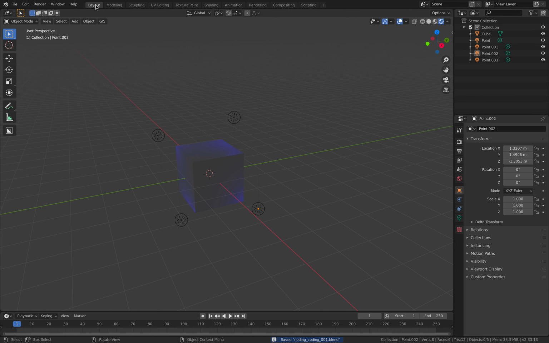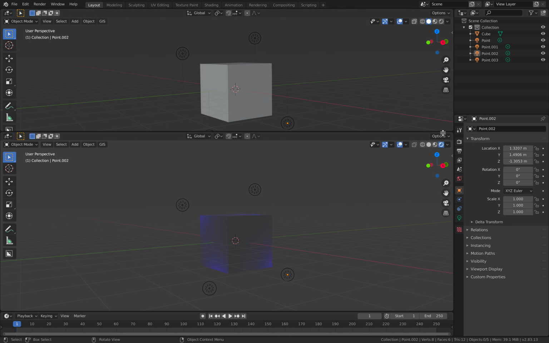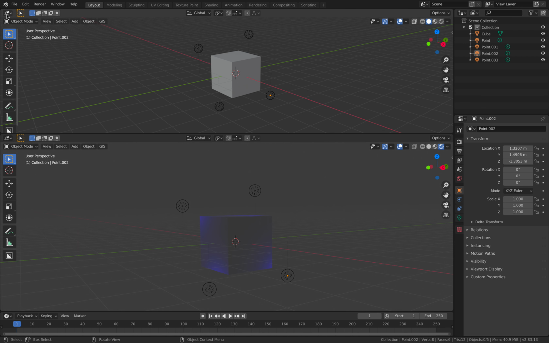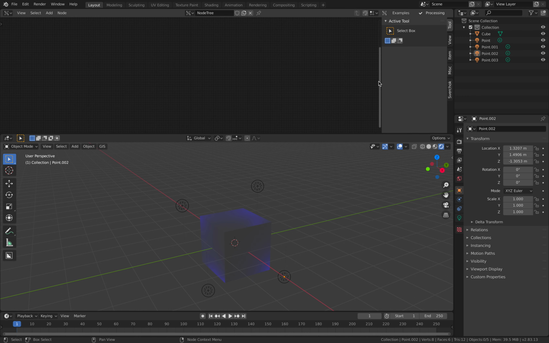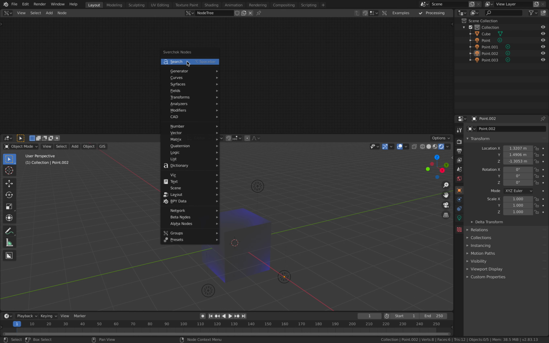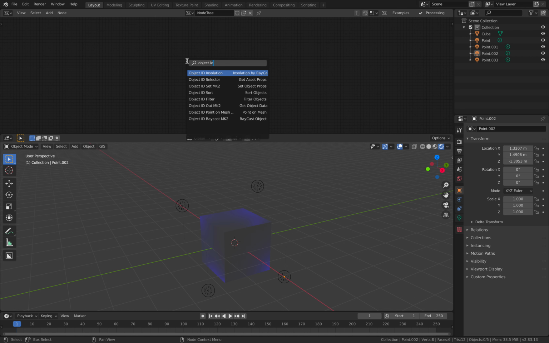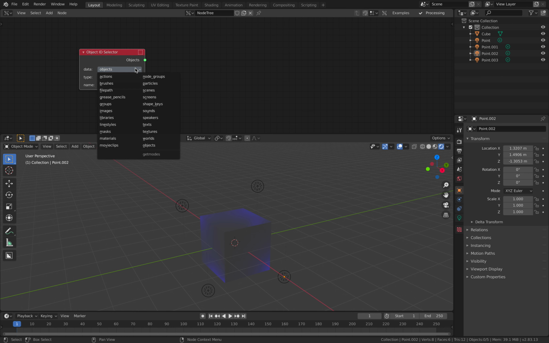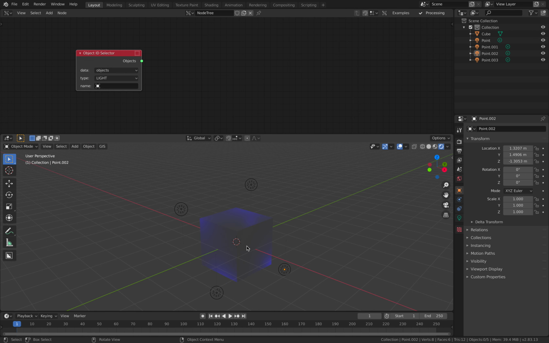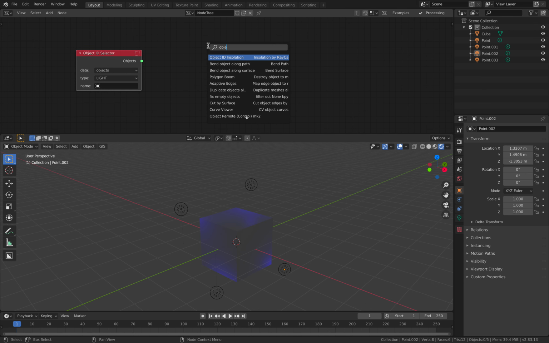Right, so let's go back to here, and I will show you a couple of ways you can do it using the Sverchok add-on. So Sverchok nodes, we're gonna get the list of all the lamps in the scene. So I use the Object ID Selector. This node is very cool. You can get all the objects or the lamp type, and then simply make changes. So Object ID